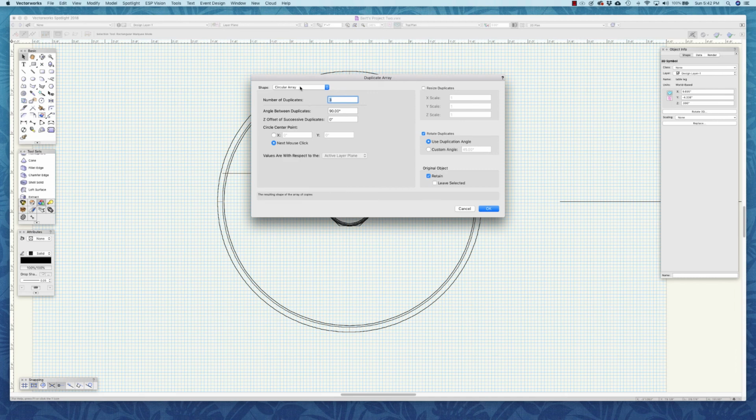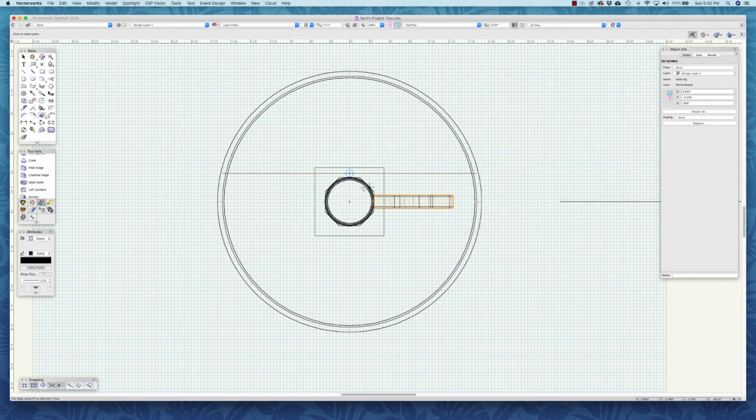I want to create a circular array. I'm going to make 3 copies that are going to be 90 degrees apart. And I want to rotate the duplicates, which means that it will not only place them 90 degrees apart, it will also rotate them 90 degrees. And then I want that to happen around the next mouse click. So if I click OK,